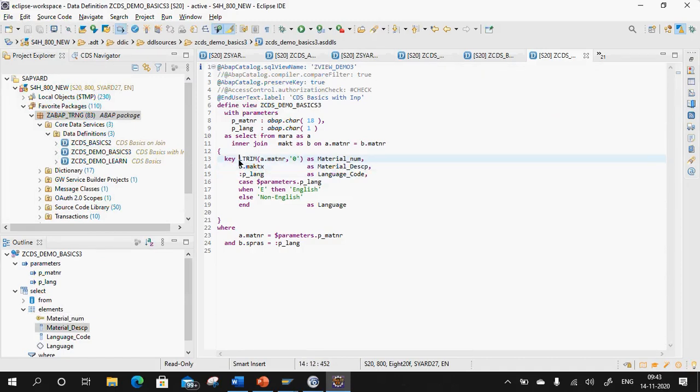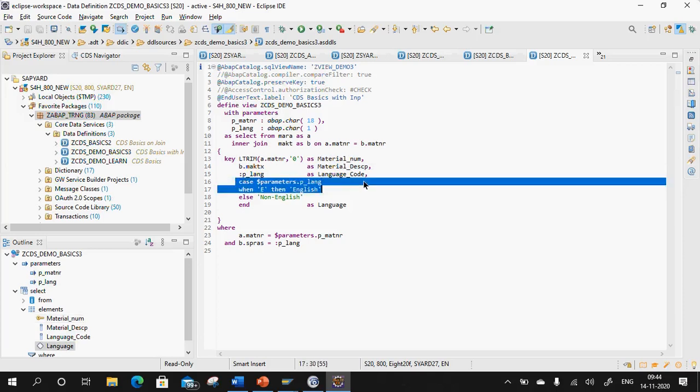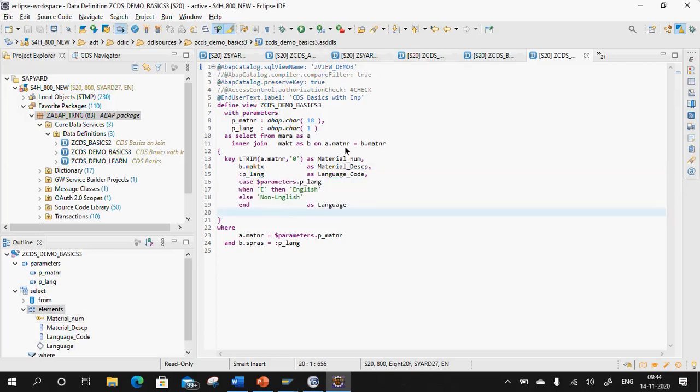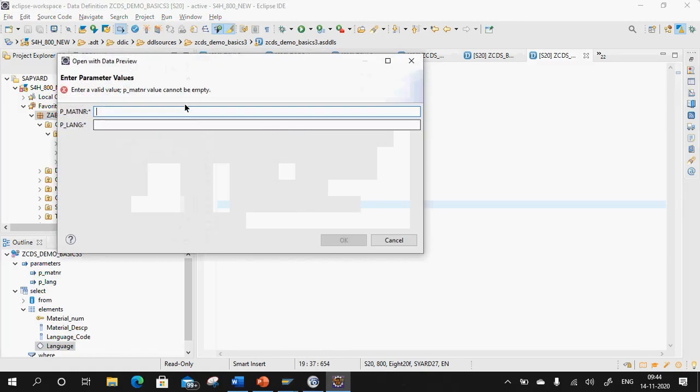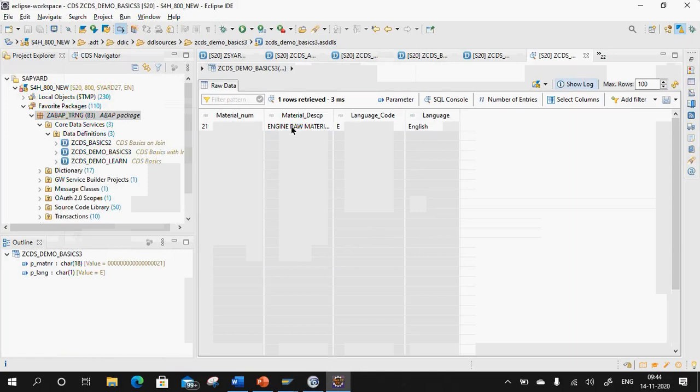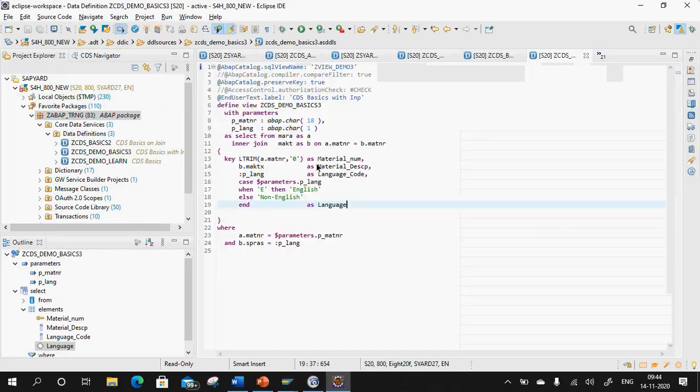In your CDS views directly you can use certain SQL functions, case expressions, which help you to do all these things which you were earlier doing at your ABAP application server level, but now you are doing it directly at your database layer itself. So I did join also, I provided parameters also, I did trim also, I did use this case expression also, and after everything, what am I getting ultimately as the end output? The refined data, right? When I give this, I get this. Earlier I was getting all this data and then I was doing this. Now this is the drastic change, the difference that you are seeing now.